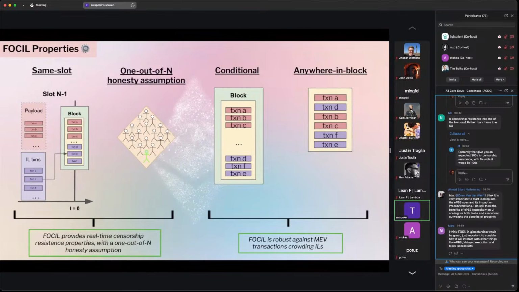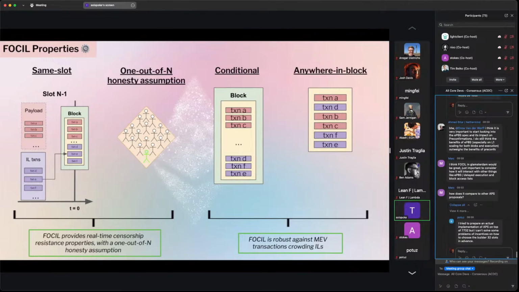Then the conditional property means that the builder must include all the IL transactions unless the block is full, sorry. And the builder is also not constrained on where inclusion list transactions are included in the block or their order. And these last two properties are quite important to prevent inclusion lists from being crowded out